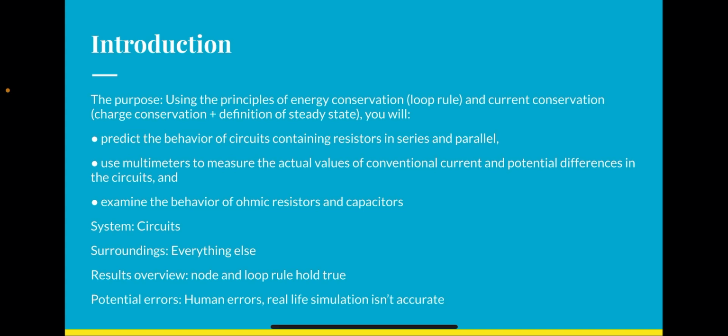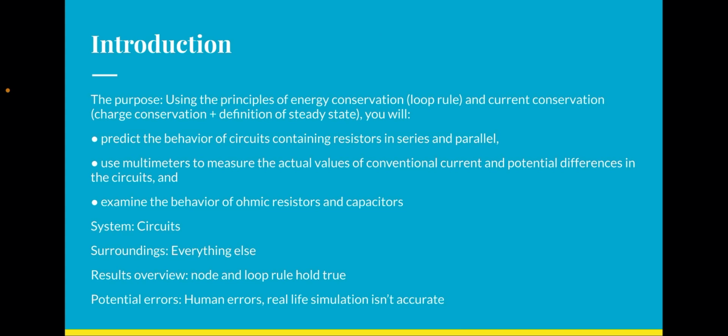In this lab, we will use the principles of energy conservation, loop rule, and current conservation, charge conservation, plus the definition of steady state, to predict the behavior of circuits containing resistors in series and parallel, use multimeters to measure the actual values of conventional current and potential differences in the circuits, and examine the behavior of ohmic resistors and capacitors. And then I'm going to go ahead and identify the systems, which are the circuit, and the surroundings, which is